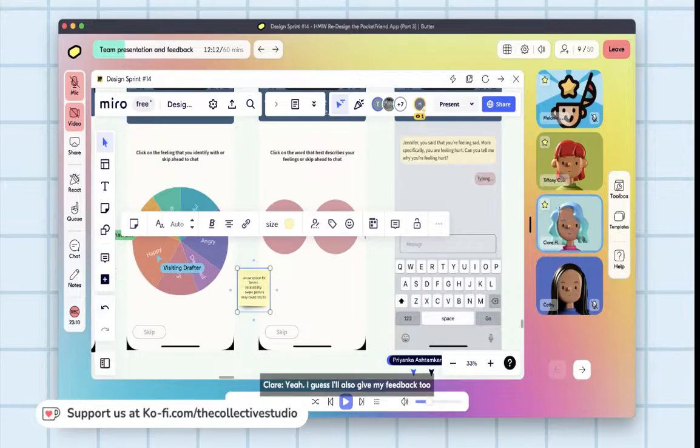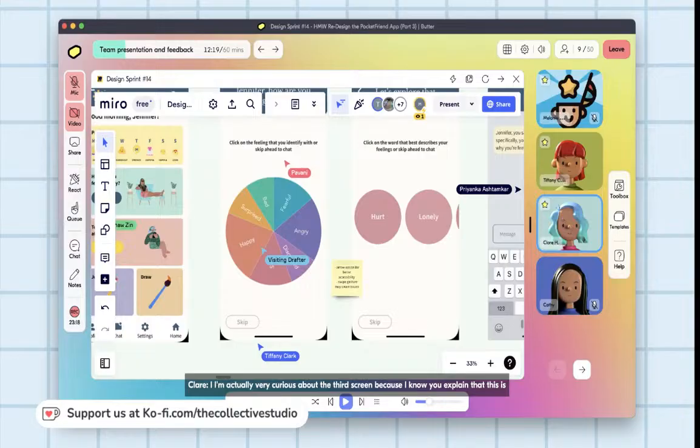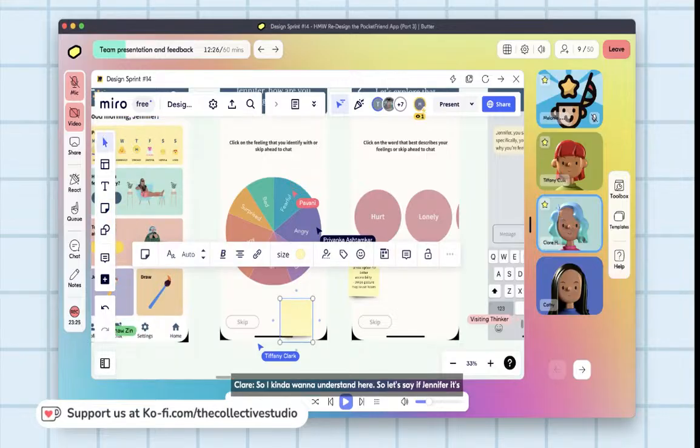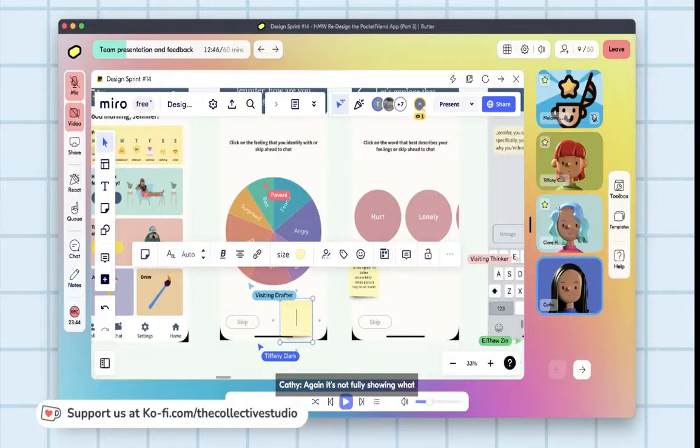I'm actually very curious about the third screen because I know you explained that this is an interesting way to represent ranges of emotion in a wheel. So I kind of want to understand here. Let's say Jennifer is clicking on one of them, what's going to happen after? It's going to go to the subsequent screen next to this. Am I understanding this correctly? Yeah. Okay. So again, it's not fully showing what the thing would do, but then my assumption would be